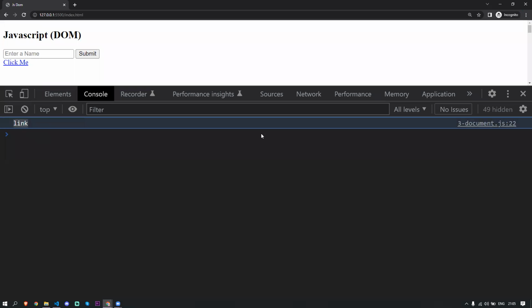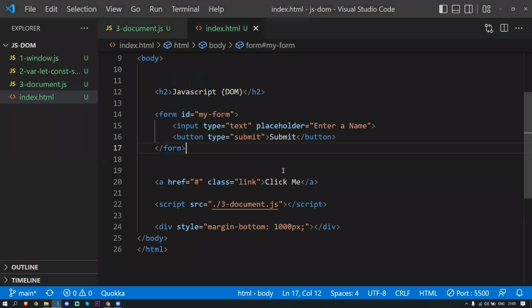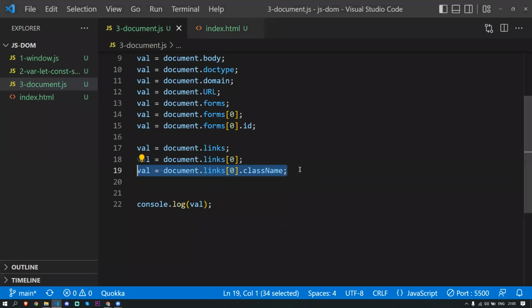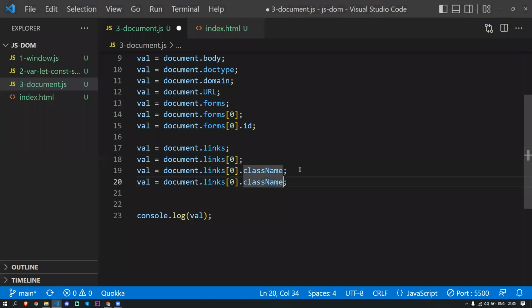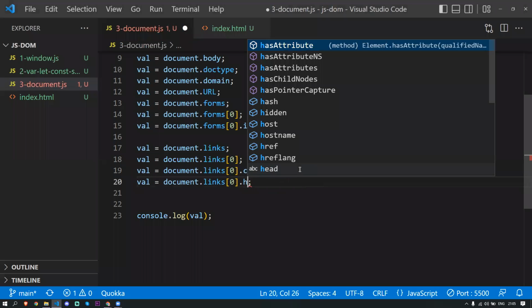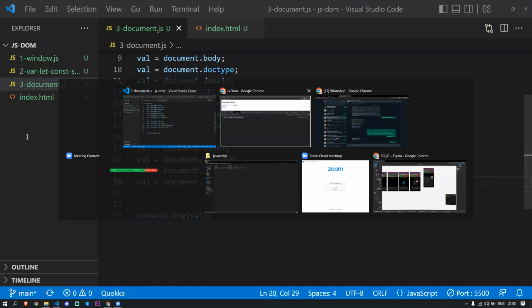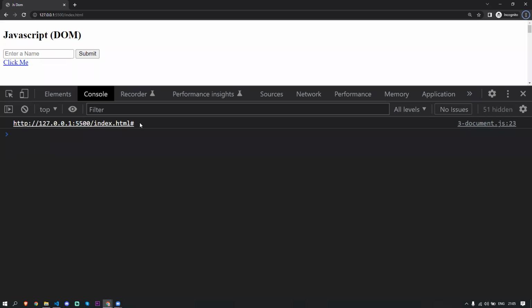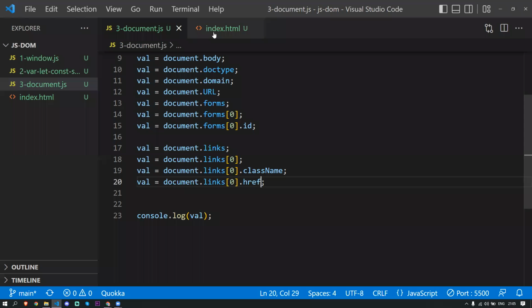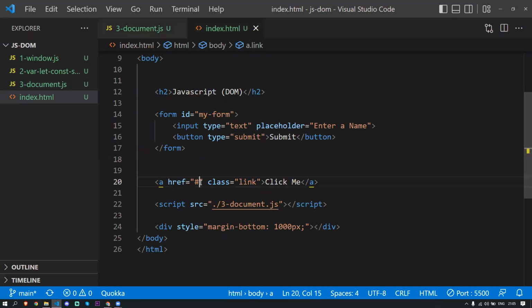So it's written link. So basically in a class, we gave the value of link. If I want to get the href, I can give dot href. So I'm going to get the hash. Yeah, you see, this is the hash. It's going to return like this way, the whole thing and the hash. So if I change this hash to